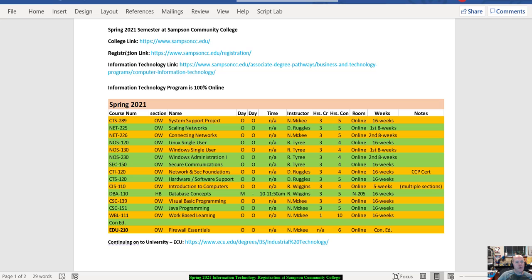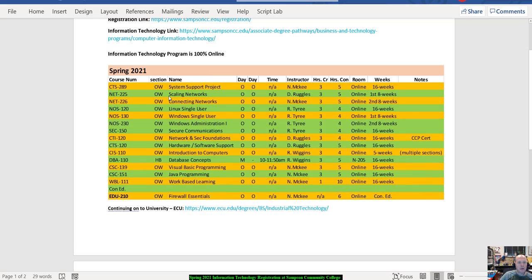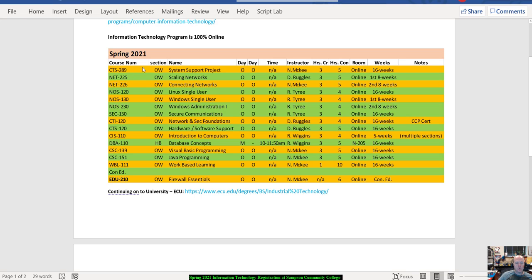All right, so on the screen I have the college's link to their website, the registration link, which has all the dates and relevant information. I'll show you guys all these pages too. The link to our specific IT curriculum page. Notice our information technology program is 100% online as of this current semester, fall 2020. All right, now for spring, we have these current courses. All right, and I'll go over these a little bit more in detail, but starting off, just for people that want a basic information about the college,